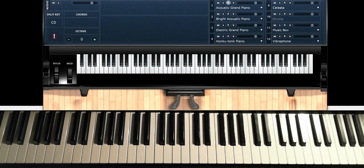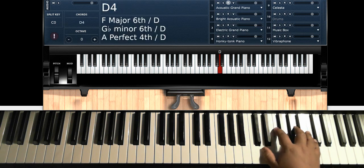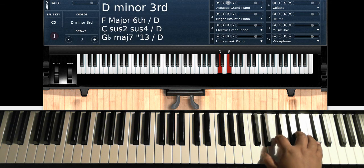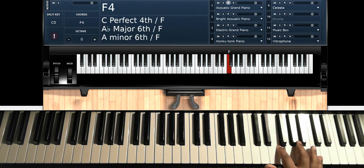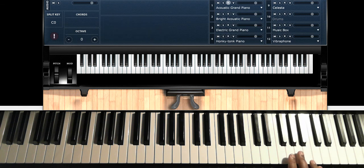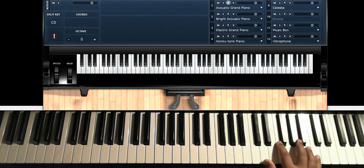And then let me see. It's a little melody that's playing. It goes... Sorry about that. So that little melody that's playing is basically like an overdub melody. So you got D, F, A, C, A. That's the first one. And then the second one is...